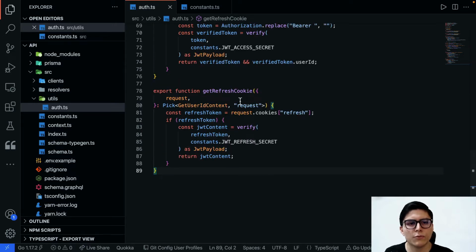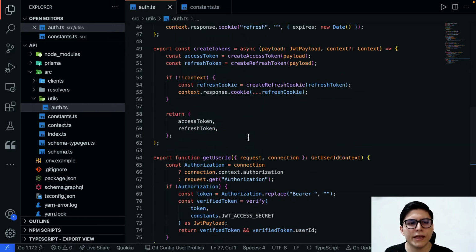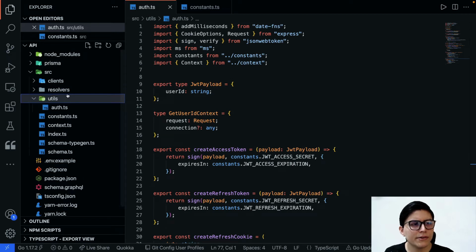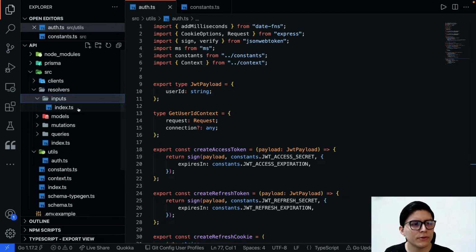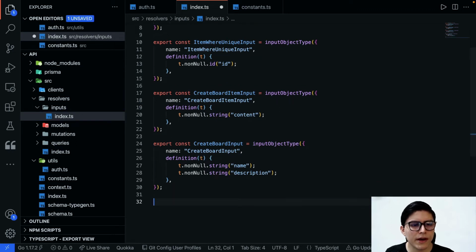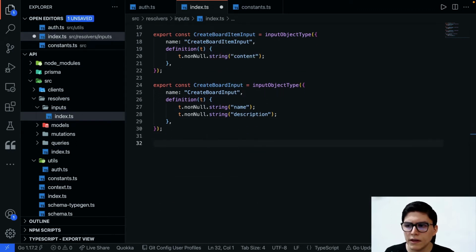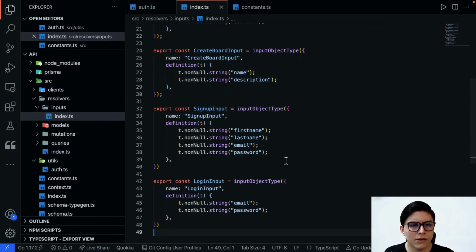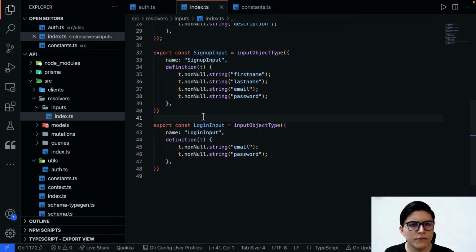Now that we have more details about how the authentication utils work, let's create the inputs for our mutations. So go to your index.ts file under inputs and add these two for sign up and login. In here, just to give you some overview, in sign up, we are asking for general details about the user that is going to be creating an account.